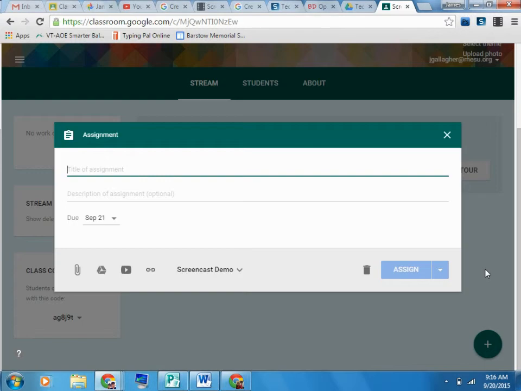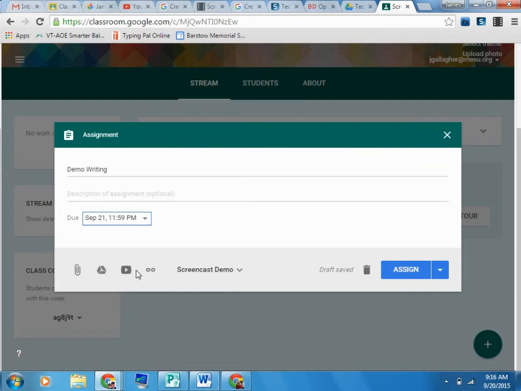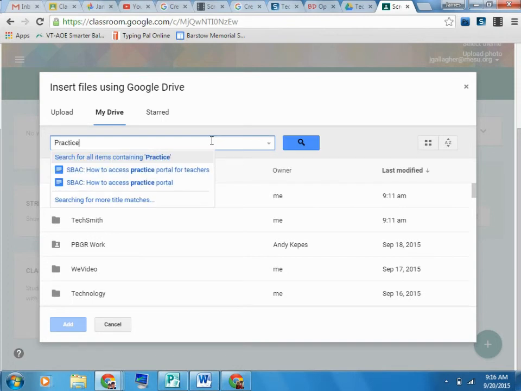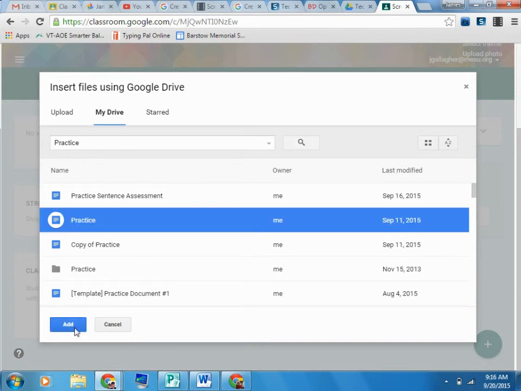And so this is really kind of neat because when I click create, I can put in the name. So this is demo rating. I can give it a due date. Okay. I can even give it a specific time due date if I wanted to. So if maybe it's due at the end of the period, awesome. Click save. I can upload a resource, whether it's a Google file, a YouTube video, an external link, or an attachment of some form. When I have it, I will hit upload. So for this case, I'm just going to choose a document that I have. It's just going to be a practice document. There's going to be nothing there. And I'm going to just search for the word practice. Hit the search bar, let's see what I get. I should get a lot. Click this document, click add,